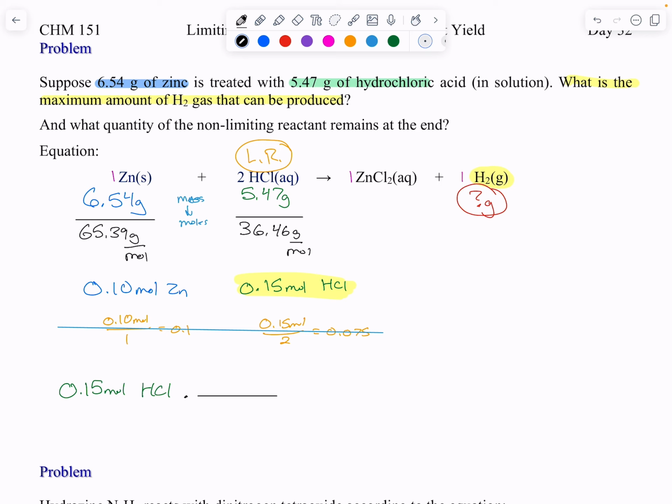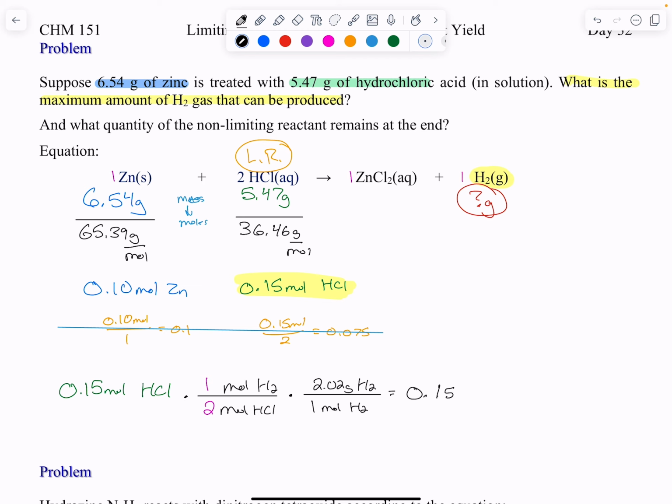And let's see here. Moles of HCl here. Moles of H2. Now, it does not say, it says amount. So moles is an amount. I'm going to go to grams just because we started in grams, but it doesn't specify. So if you just go to moles, you could be done. Now, it's 2 moles of HCl, 1 mole of H2. And we know that 1 mole of H2 is 2.02 grams of H2. And so if we do that math, I think we get